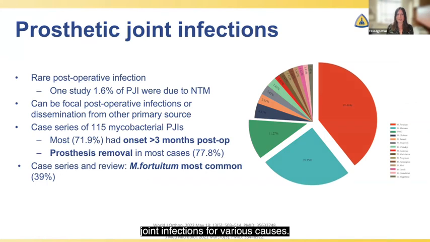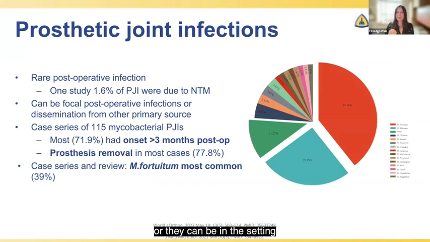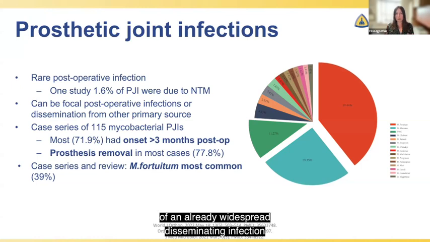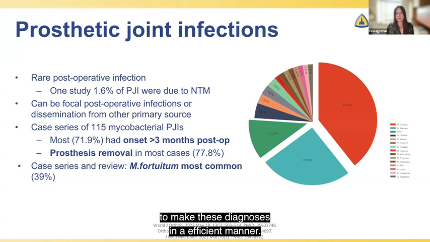infections for various causes. So these post-operative infections can be local, or they can be in the setting of an already widespread disseminating infection that then sticks to the prosthetic material. So they can be primarily infected or secondarily infected from a circulating NTM infection. Most of these cases started to manifest with signs and symptoms of infection 3 or more months out from surgery. And so again, the clinical suspicion has to be high in order to make these diagnoses